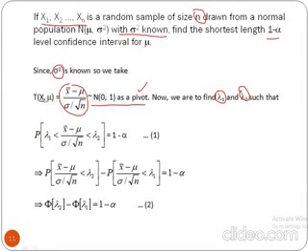So we start at this point: we take lambda 1 and lambda 2 points such that the probability under the standard normal distribution is equal to 1 minus alpha. This is capital phi, the cumulative distribution function of a standard normal variate. So this is phi of lambda 2 minus phi of lambda 1, which is equal to 1 minus alpha. This is equation number 2. So you go on to the next step.